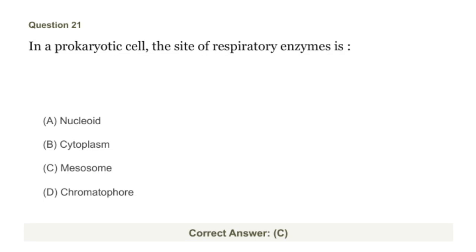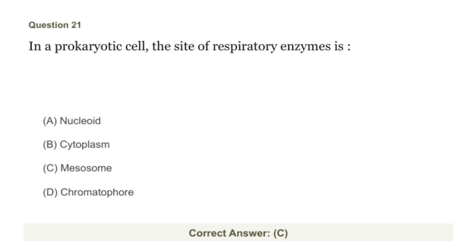All right, let's look at this question about prokaryotic cells. The question asks, in a prokaryotic cell, what is the site of respiratory enzymes? Now, you might remember that in eukaryotic cells, these enzymes are typically found in the mitochondria, but in prokaryotes, the situation is quite different. The options are nucleoid, cytoplasm, mesosome, and chromatophore. The correct answer here is